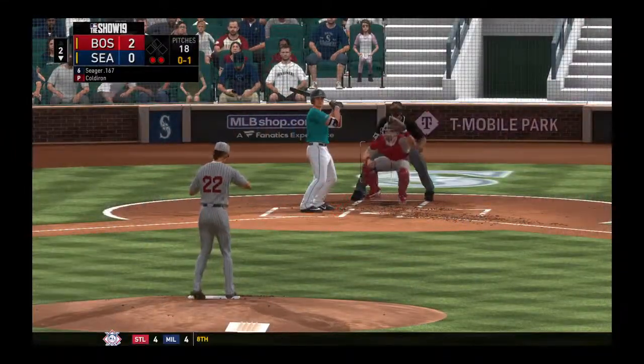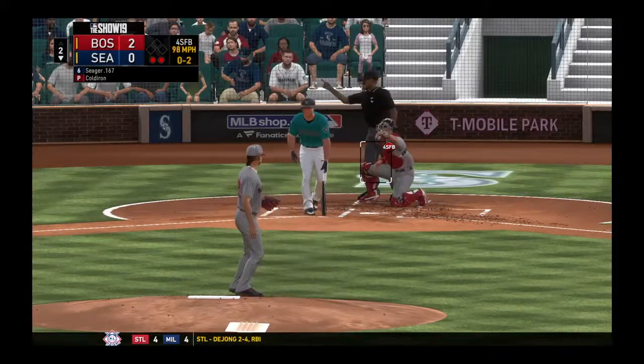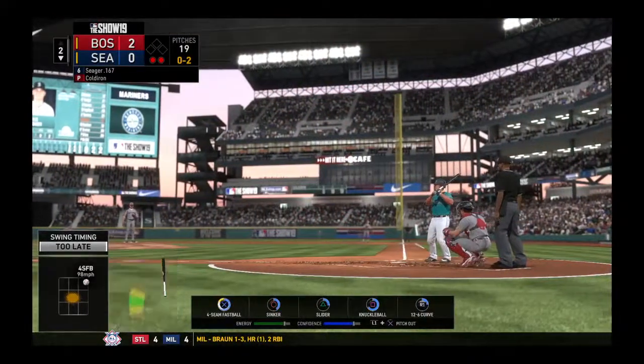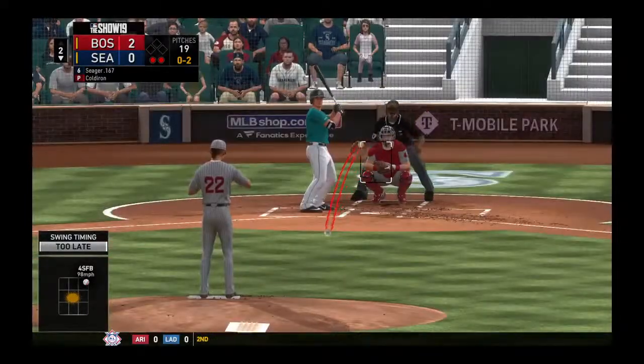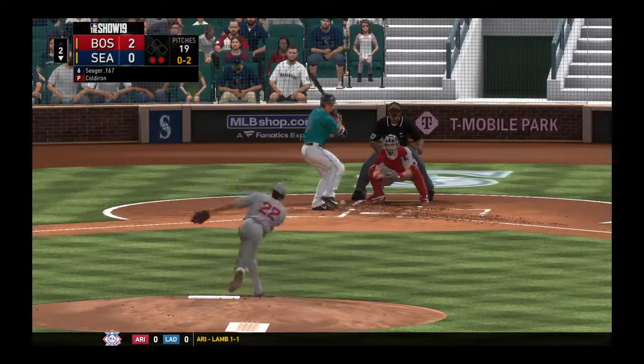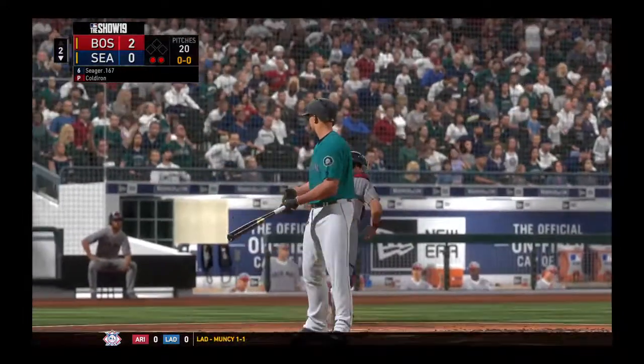Pretty good pitch to hit there that he let go. I know it's early and they're probably wanting to run his pitch count up, but he may not get another pitch like that to swing at the rest of the game. Into the windup. Here comes the 0-2 pitch. And a good fastball swung on and missed for strike 3, and the inning is...